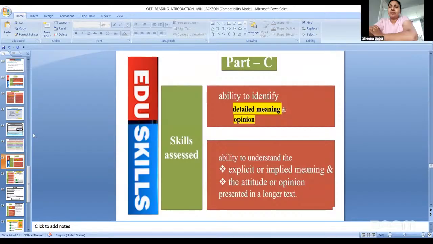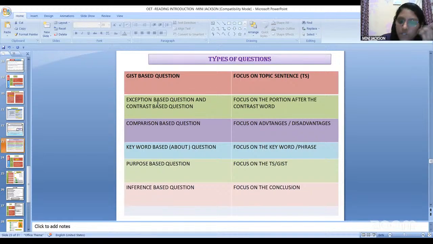Hello, Minimum. Yes. Could you explain to me once more the inference questions? What is that? Inference question means you need to focus on the conclusion. First of all, whatever the questions are, you need to understand the topic sentence first. Read the first line. Then, related to that, it is given in the sentences of the full paragraph. Already, further on, a video related to the paragraph structure is given, that is the field method.